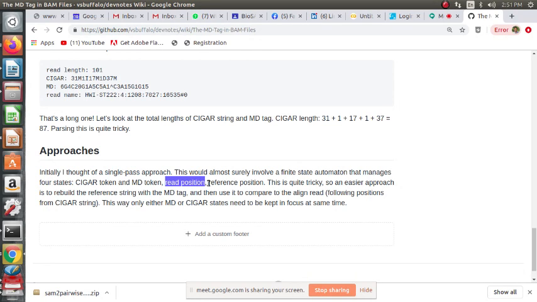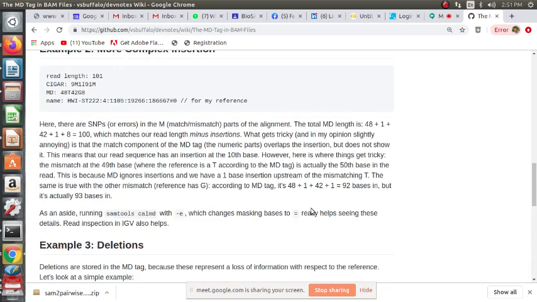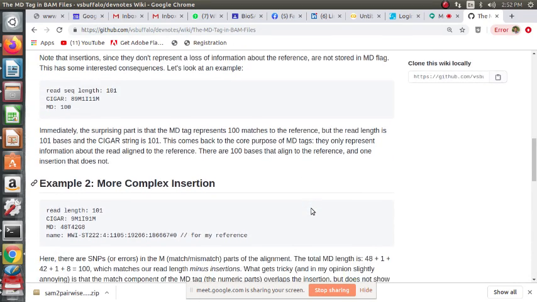And the reference position is the genomic position in the reference. So there's an easier approach: rebuild the reference string with the MD tag, and then use it to compare the aligned read and reference positions from the CIGAR string. So either MD or CIGAR states need to be kept in focus at the same time. Okay, so to summarize, we just have to remember that